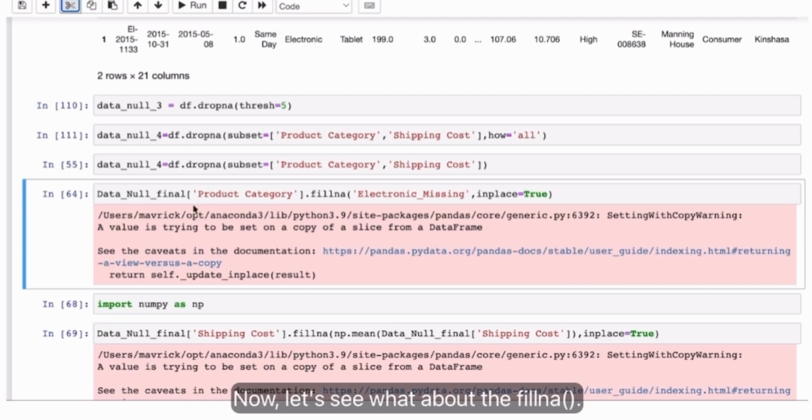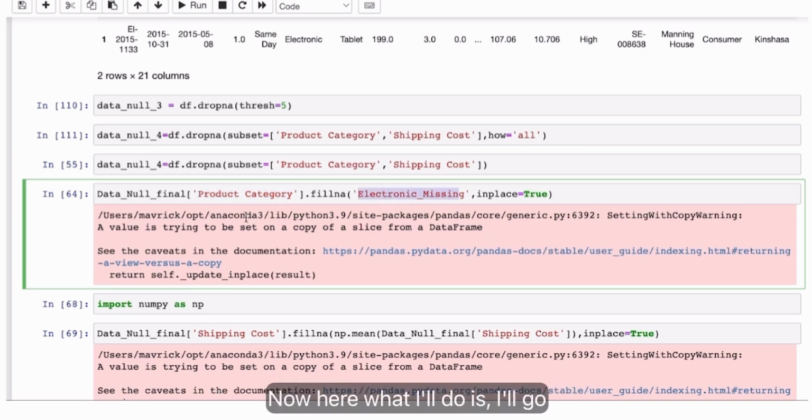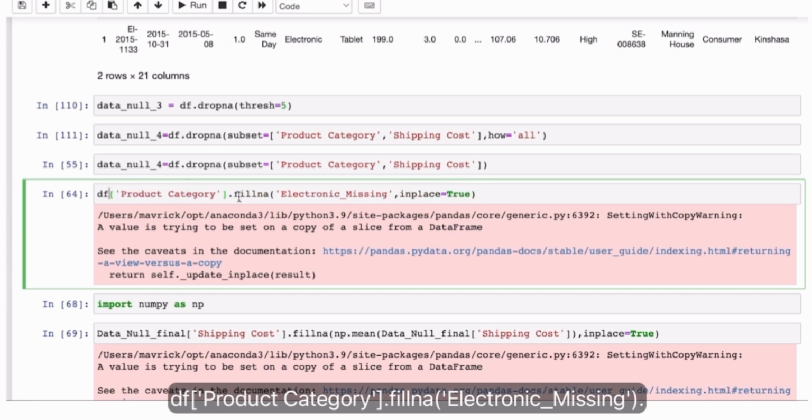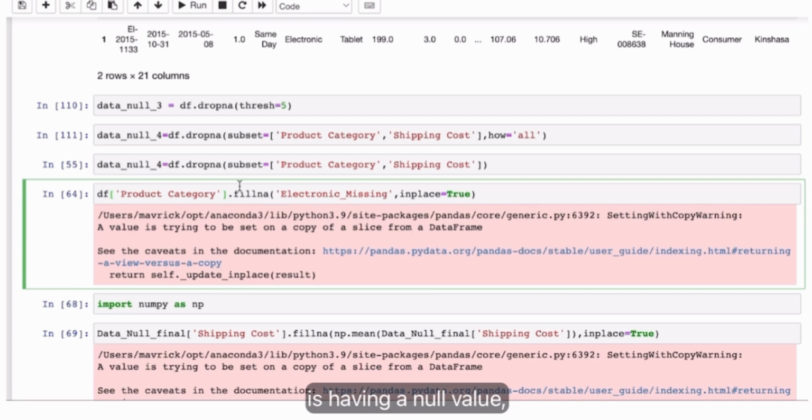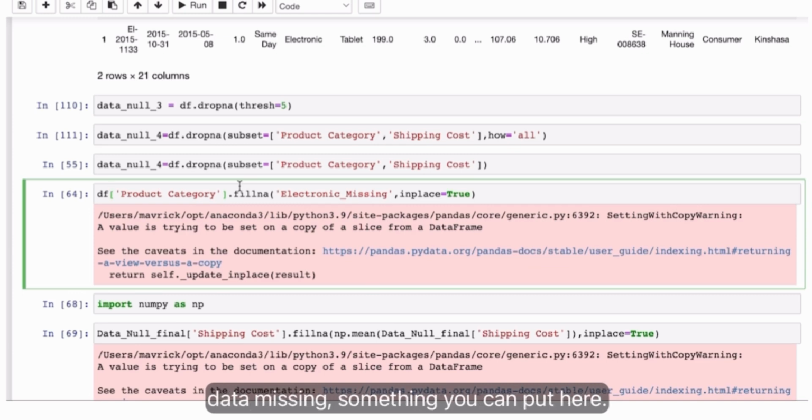Okay. Now let's see what about the fill in. Suppose I want to go to product category in a variable level, and wherever product category is null, I want to replace that blank entry by something called electronic missing. Just an example. Now here what I'll do is I'll say df product category fill in a electronics missing. So wherever I find the product category is having a null value, that null value will be replaced by electronic missing. Like you can also put not applicable, data missing, something you can put here just to avoid that